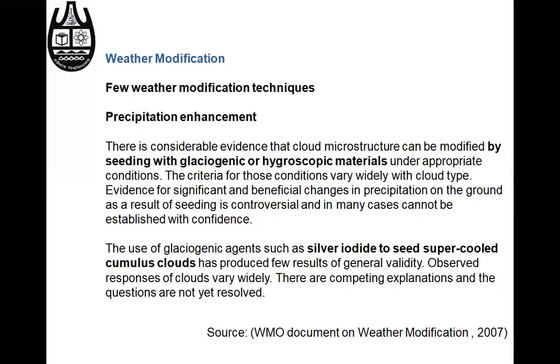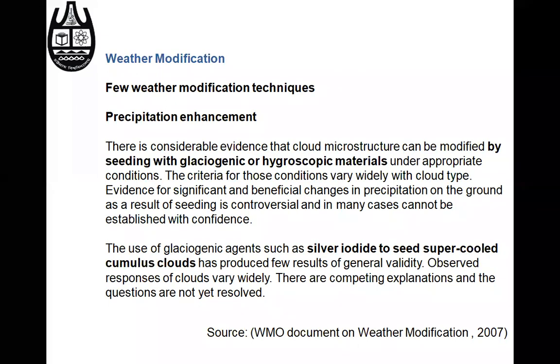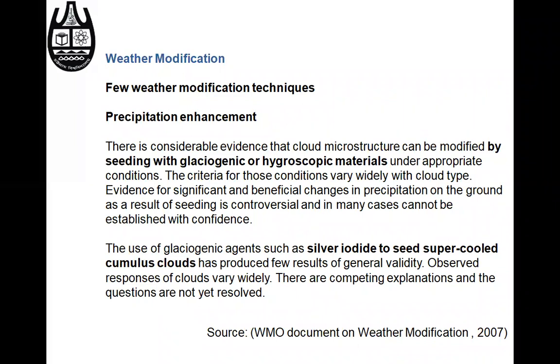Hygroscopic materials attract the watery contents and come together, and they act as a chute, so that they can also settle downwards. To do these things, we normally use silver iodide or salt particles to seed supercooled cumulus clouds. If it is a cumulus cloud, then on top of it, when you provide this silver iodide, it will act as a coolant, and it makes the rainfall happen in